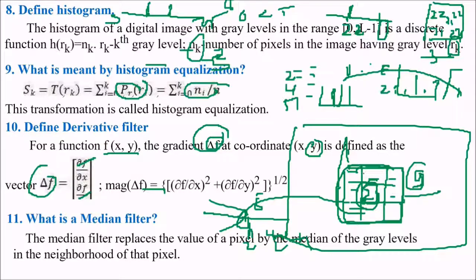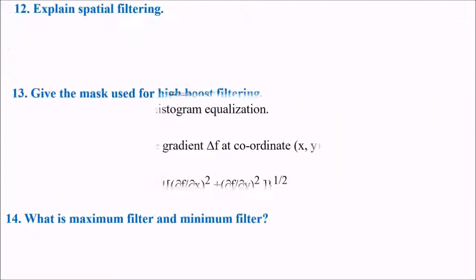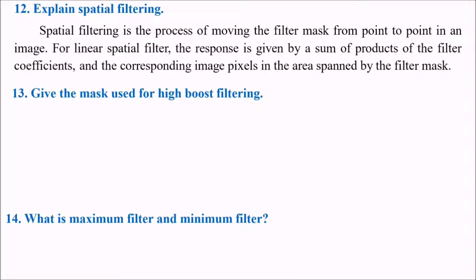We move it. This is one position. Now we position it here, so this pixel will now be changed by the median value. Now I again move this filter one step ahead. So my filter will move like this, and at each movement, it will replace a central pixel. So all the pixels will be changed with respect to the filter which is applied. This is spatial filtering.